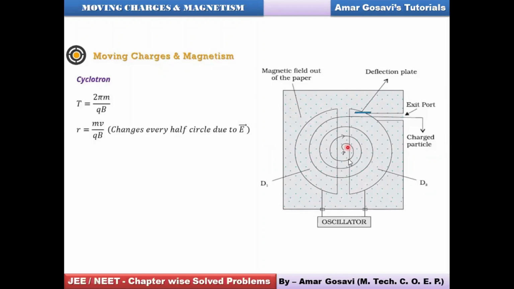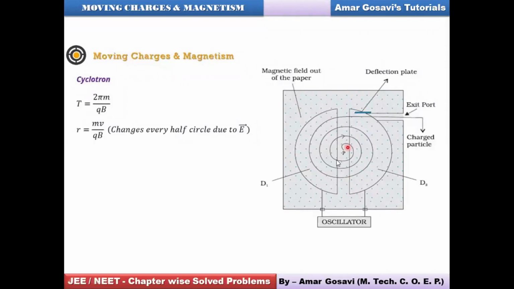Now, the moment the particle is here and D1 becomes negative and D2 becomes positive, this particle is thrown in the gap with acceleration, and obviously it is attracted by some force from D1, and therefore the particle after jumping the gap will enter D1, obviously under the action of some force, the force which I was talking about. Okay, and this force will ensure that the particle gets accelerated a bit.